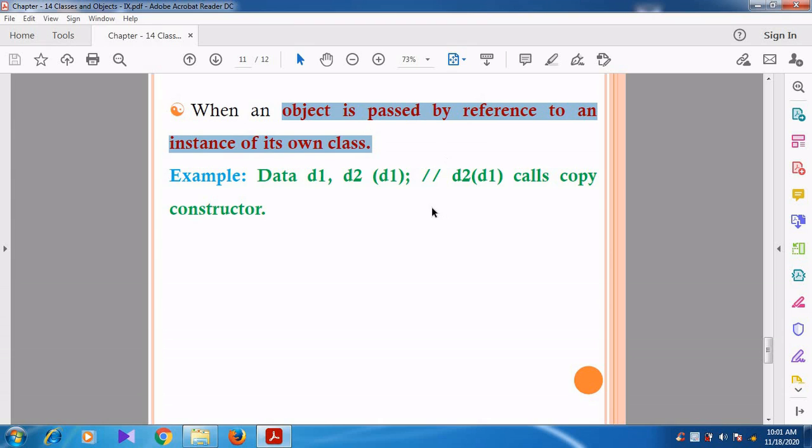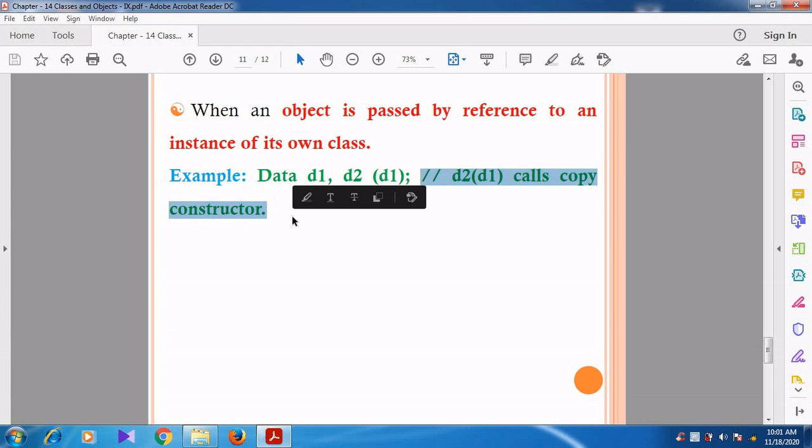See here, D2 of D1 calls the copy constructor. So that means the values of the D1 object are copied to the D2 object.